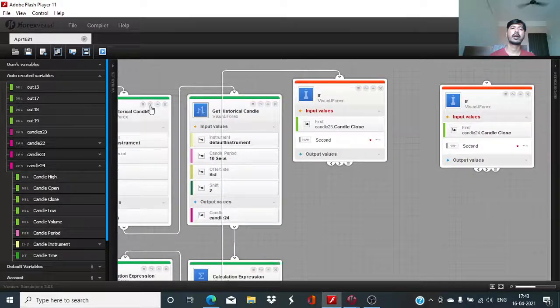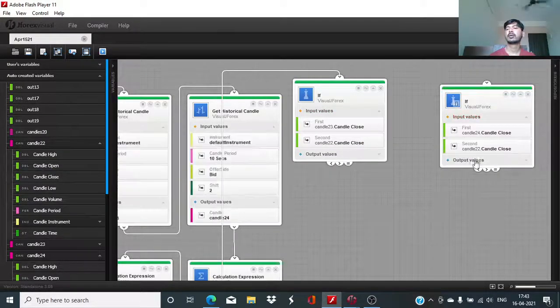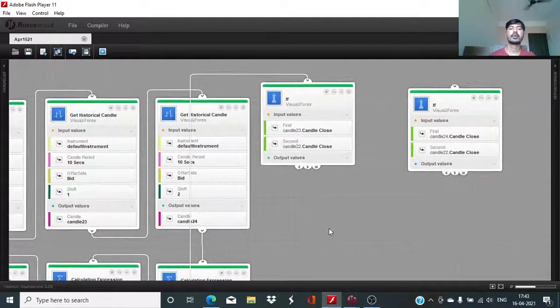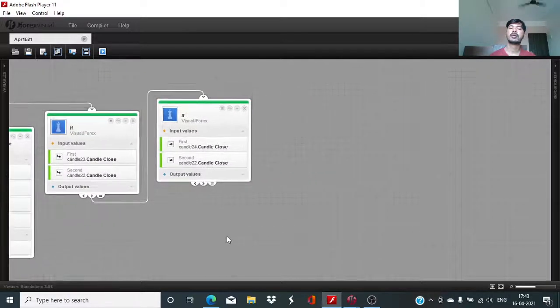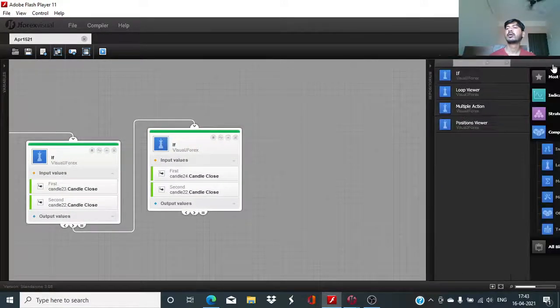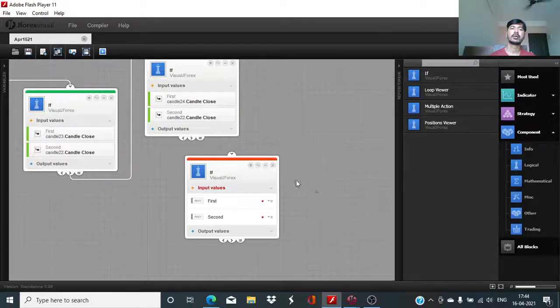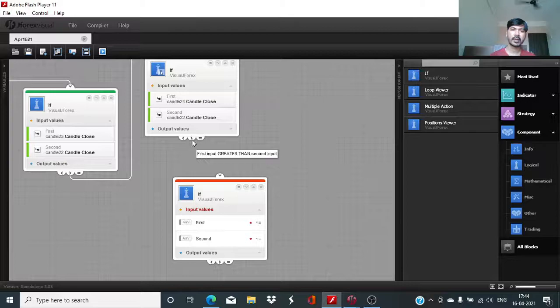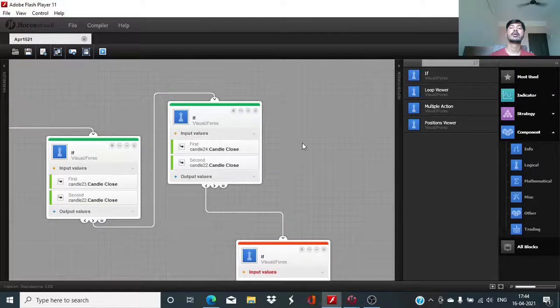So we got these values and we will compare it to candle 22nd candle close. So here first input should be greater than, and in this case first input should be less than second input. Okay, so we have got these points,